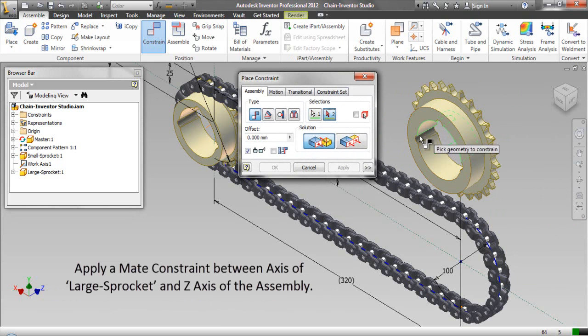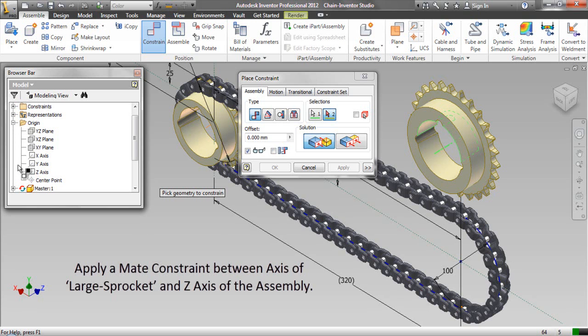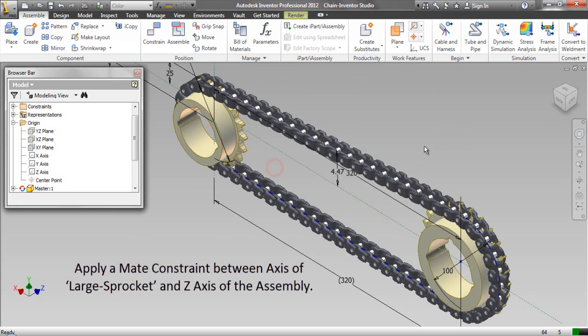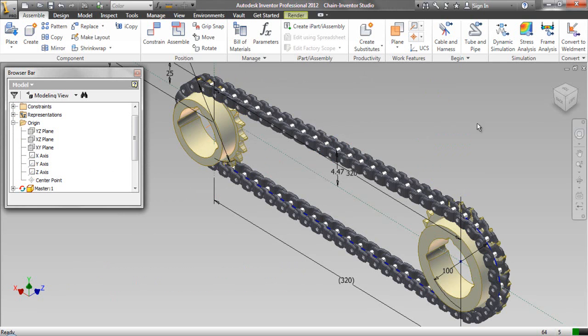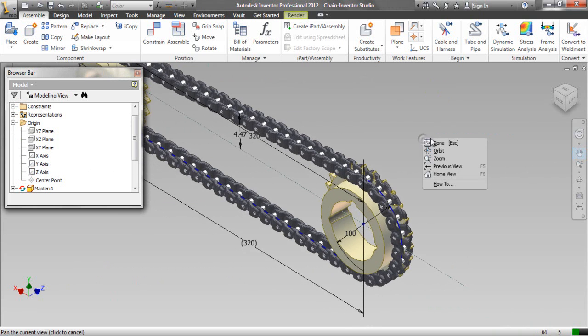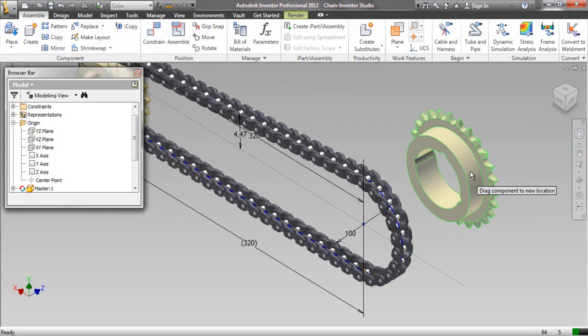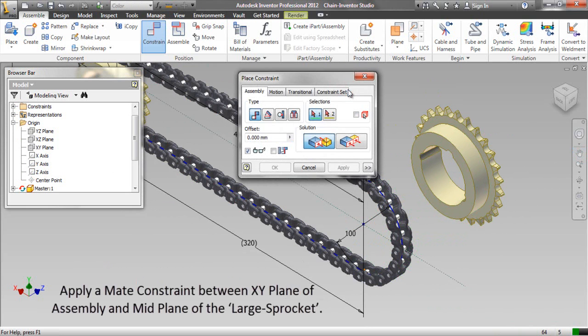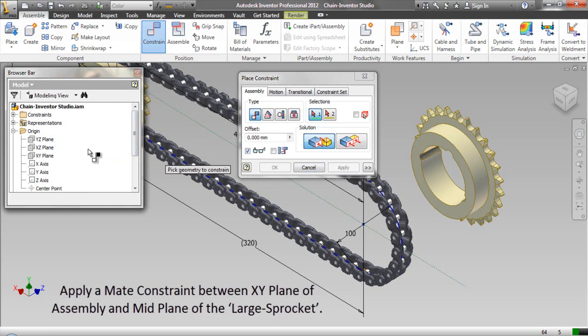Apply a mate constraint between axis of large sprocket and z-axis of the assembly. Apply a mate constraint between XY plane of assembly and mid plane of the large sprocket.